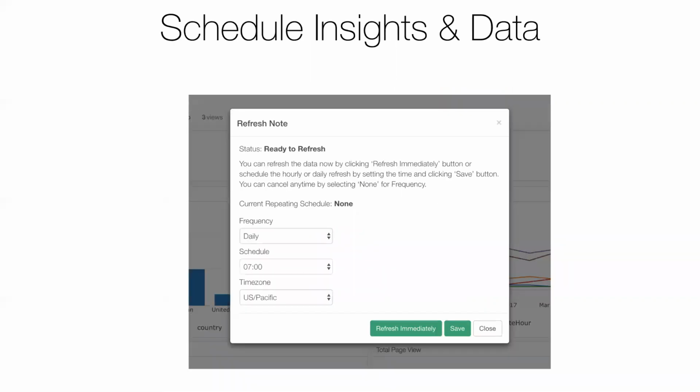Okay, then you can schedule. So if your data or your insights are pointing to data that is remote, that can be accessed from the server, then you can schedule